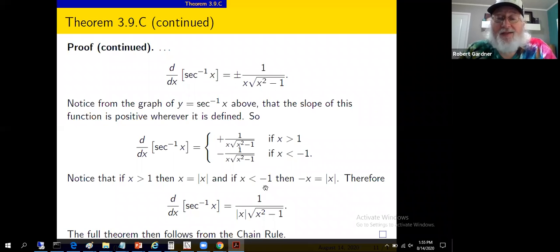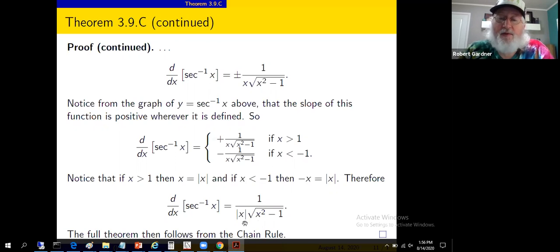If you like, when x is less than -1, then the absolute value of x is negative x. This is positive, right? Because x itself is negative. We've got a negative times a negative under these conditions. So in either case, I can take the sign out front and the x and combine them and replace them